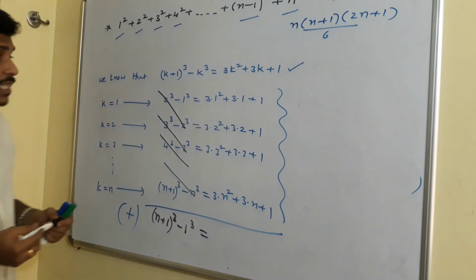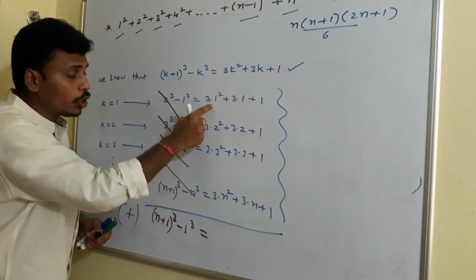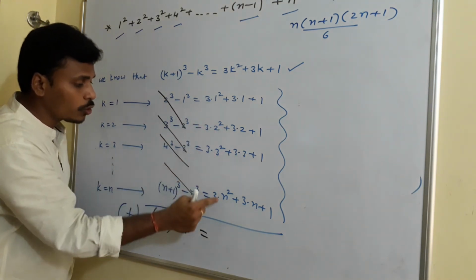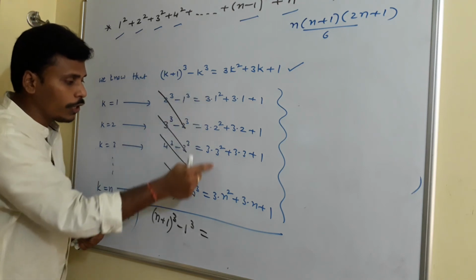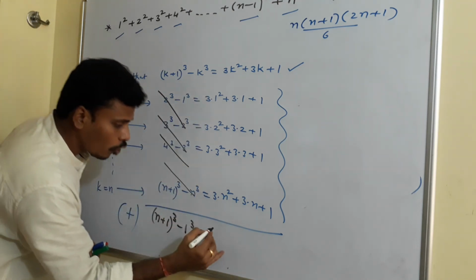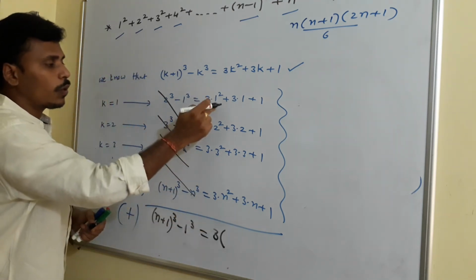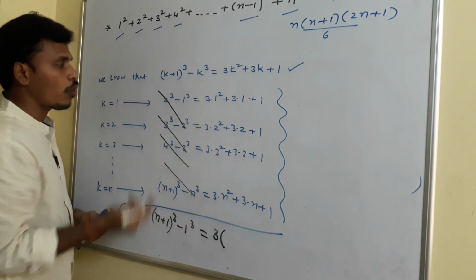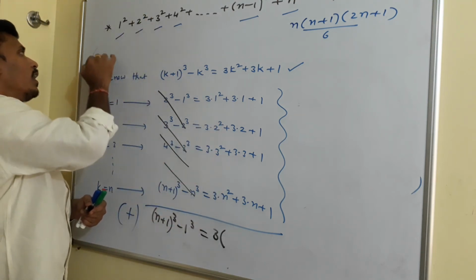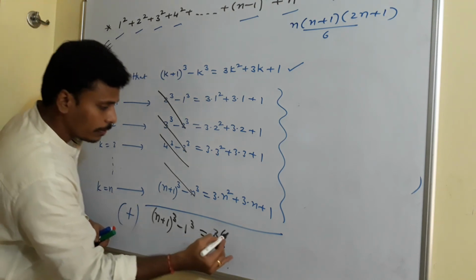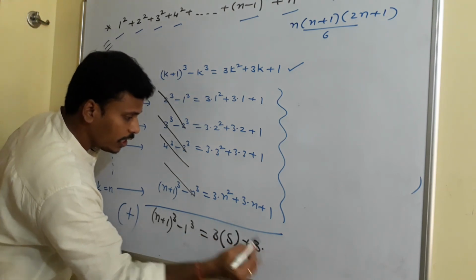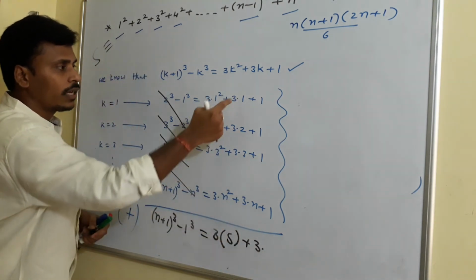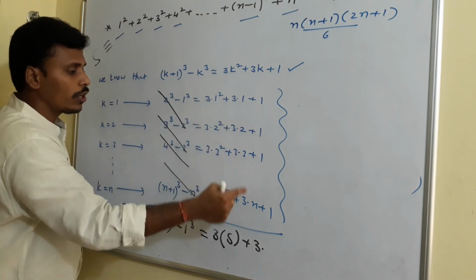Okay. And here on the right hand side, 3 into 1 square, 3 into 2 square, 3 into 3 square, up to 3 into n square, this column you need to add. To add this column, if you common out 3, you are left with 1 square plus 2 square plus 3 square and so on up to n square. That's what you need to find. Let that value be some s here. So 3s plus, again for the second column, 3 into 1, 3 into 2, 3 into 3, like that up to 3 into n.